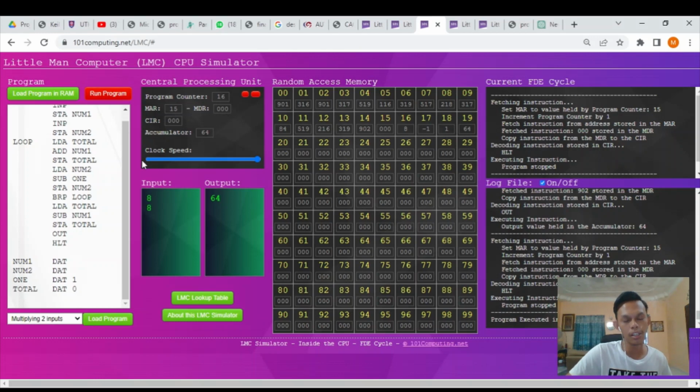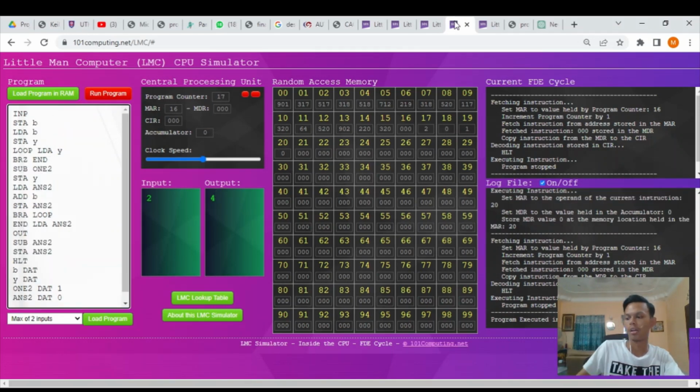As we already input the value, the num1 is 8 and the num2 is 8 also, and the output that we get is 64. So the next operation is the power. This is the coding that we use inside our power operations. So the input instruction is used to input the value, same as the previous operations, and also the